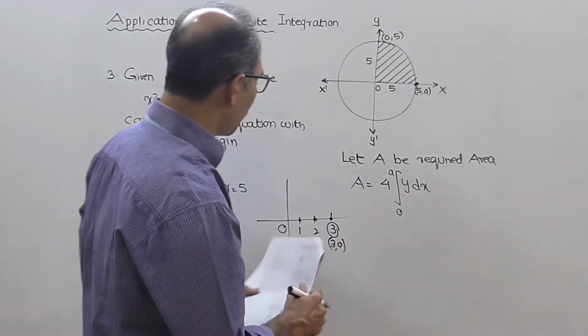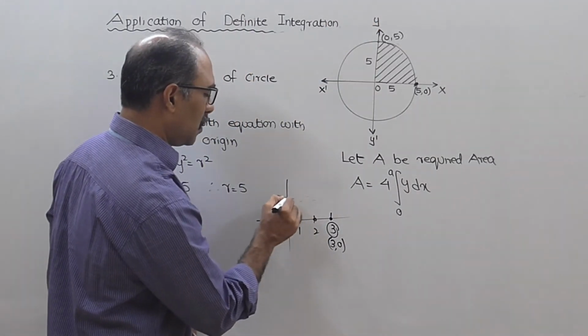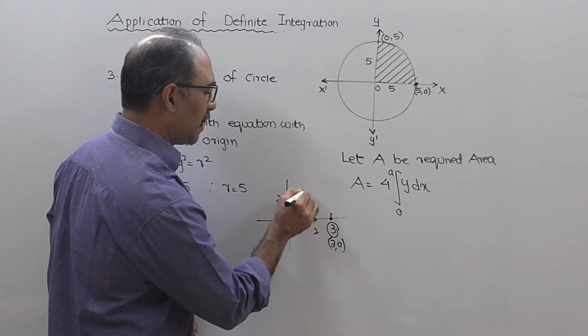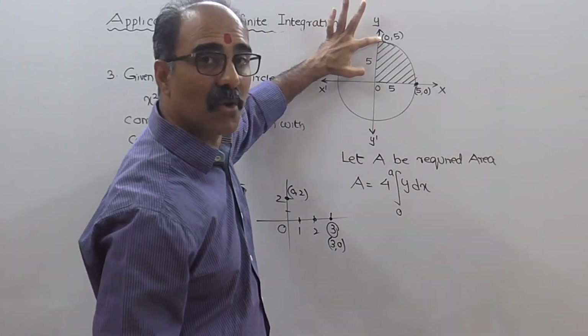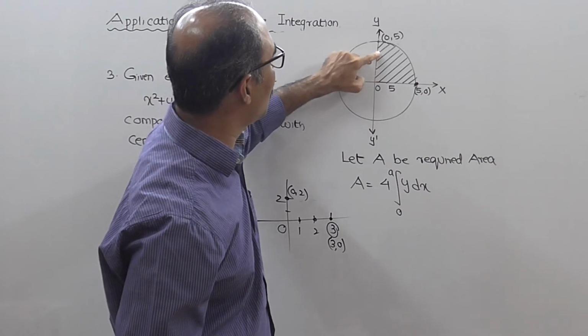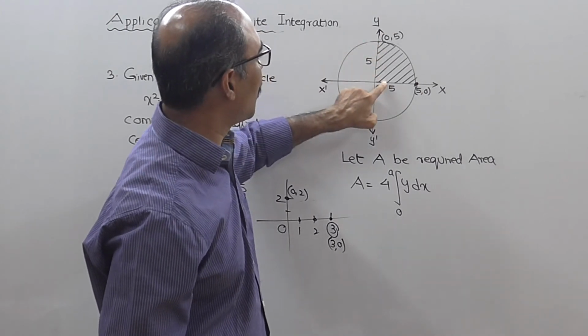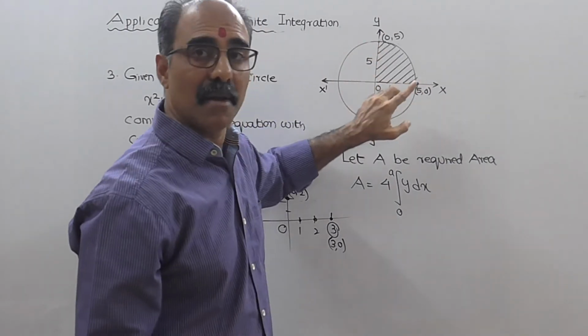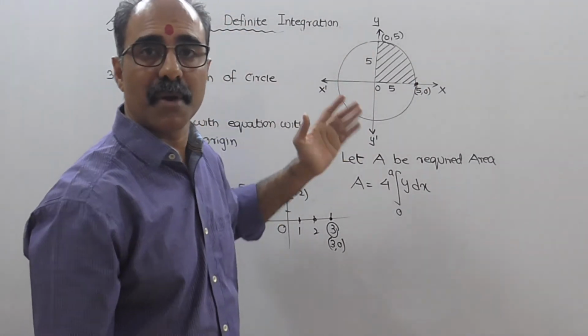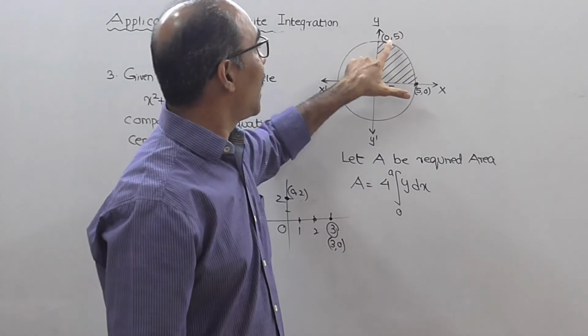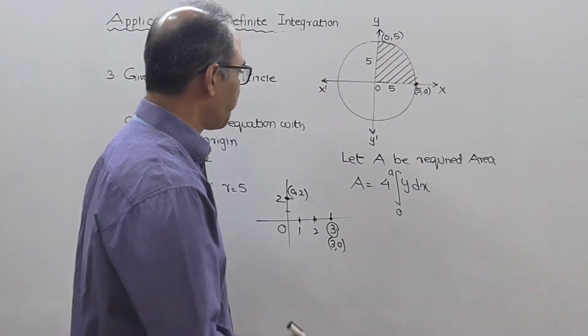Above also the radius is 5. Suppose this is 2. What will be this coordinate? I think this coordinate will be 0, 2. So if this distance is 5 units, this will be 0, 5. That is, here 1, 2, 3, 4, 5, and here 1, 2, 3, 4, 5. So 5 units means 5, 0. Upward 5 units means 0, 5 because on the y-axis the x coordinate will be equal to 0.